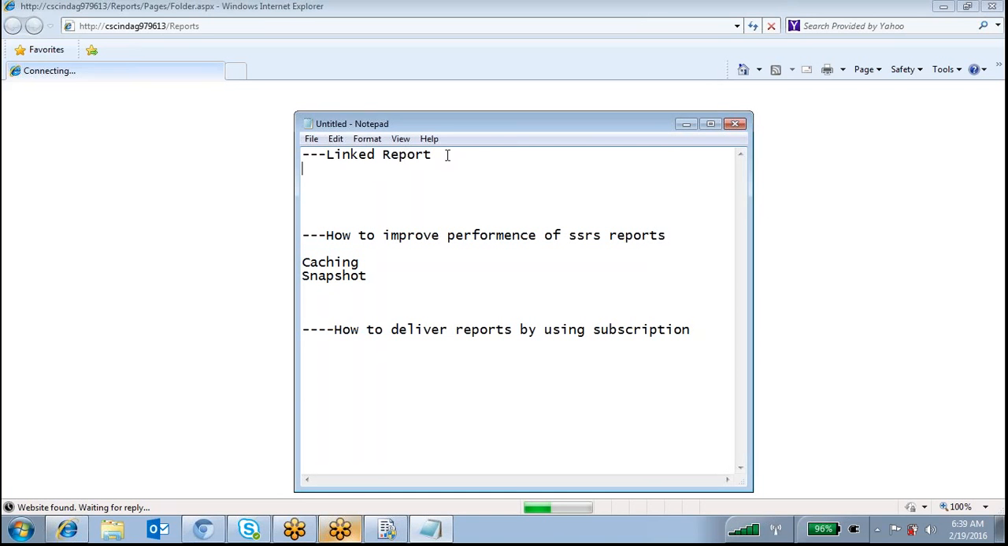So basically, this linked report means you have some other report in your report manager. Already you have designed that report. Okay, so based on that, by using this existing report, I want to generate a new report. So in what kind of scenarios we are going to use these linked reports? The scenario in the sense like, for example, you have one report,